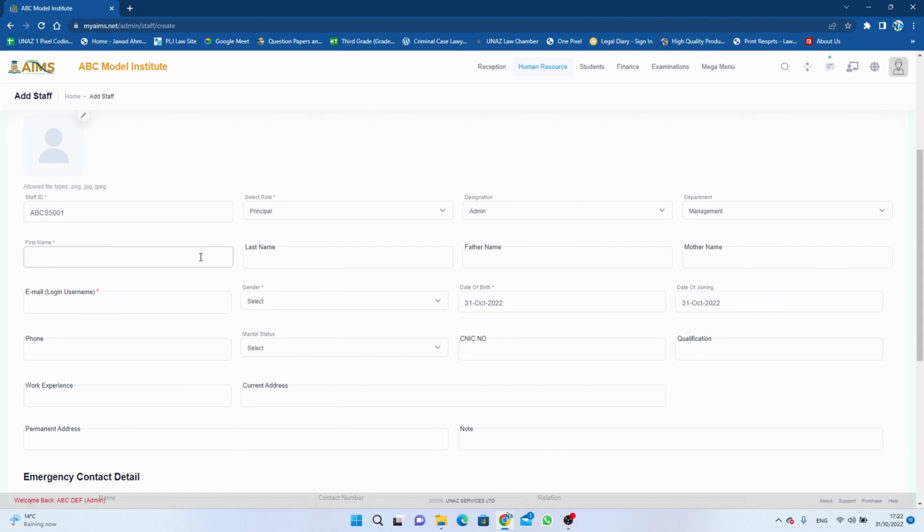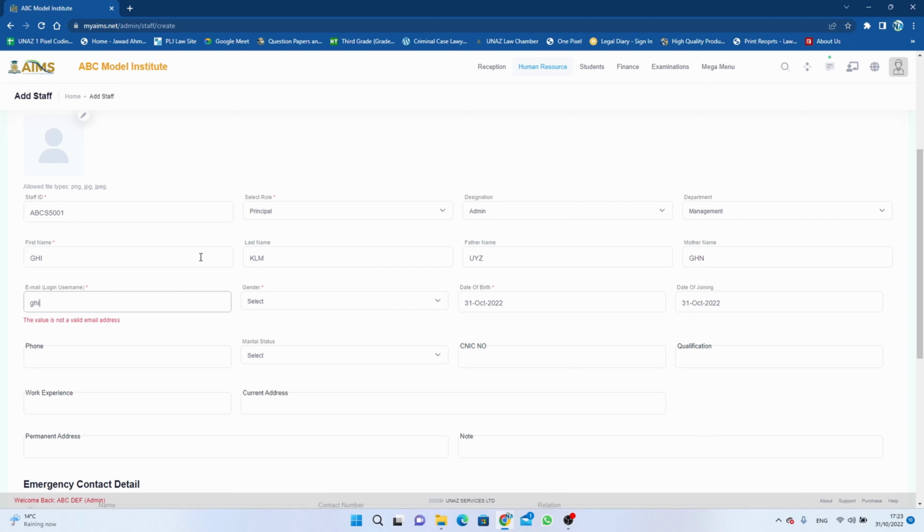And name, so you can just add the first name here, and I will say GHIKLM. Father name UYZ, mother name GHN, and email address